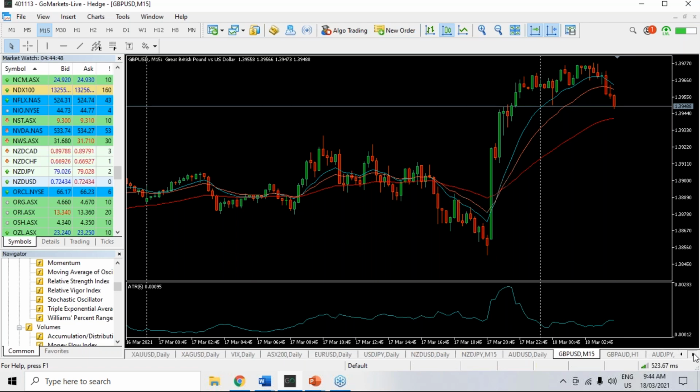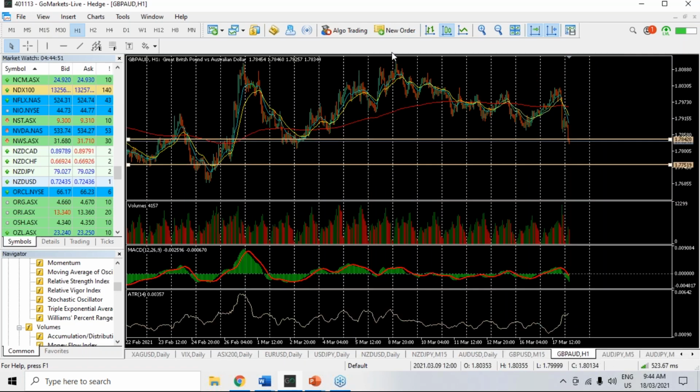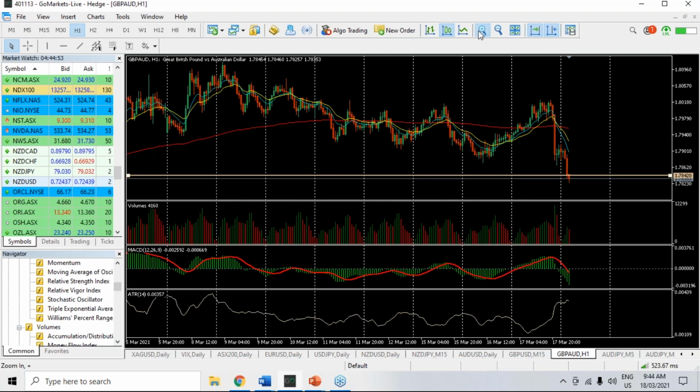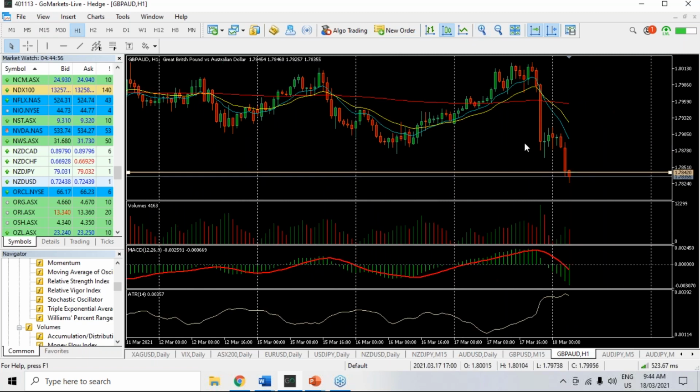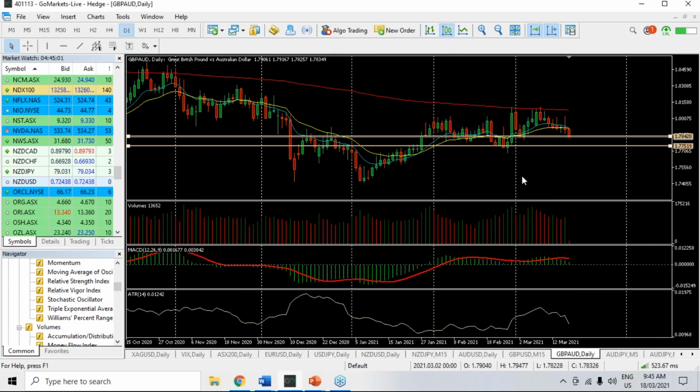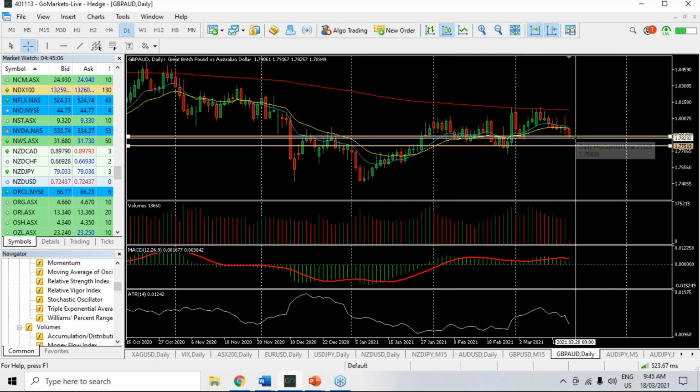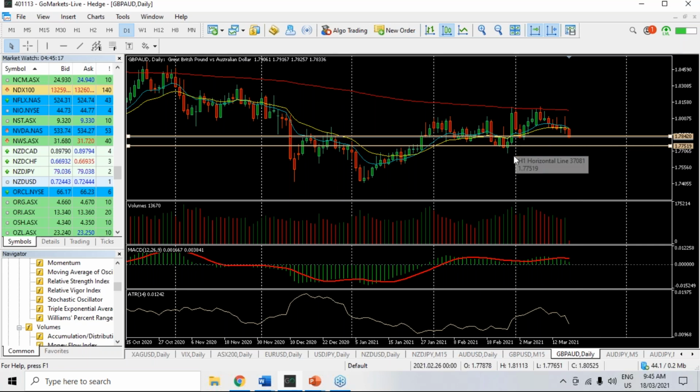So again, we can have a look at a couple of things. We'll see the Aussie strong, we'll see the GB pound weak or weakening. What does that mean? Well, it means there might be an opportunity GB pound Aussie dollar. So again, if we look at the daily chart first, although this doesn't look much on a daily chart, and probably for long-term traders you wouldn't get interested in this, you can see there is an 80 pip gap between where we are now and the next key level, which I've marked at that point there. Been resistance here, support here, and lots of price action going on around there. So does that create an opportunity?